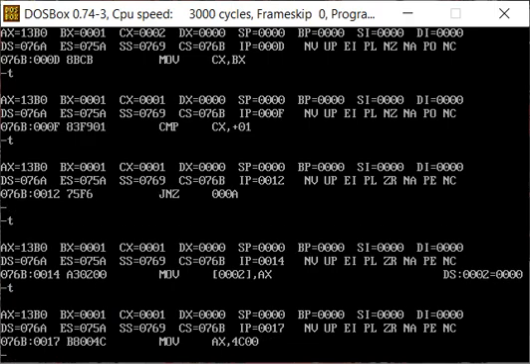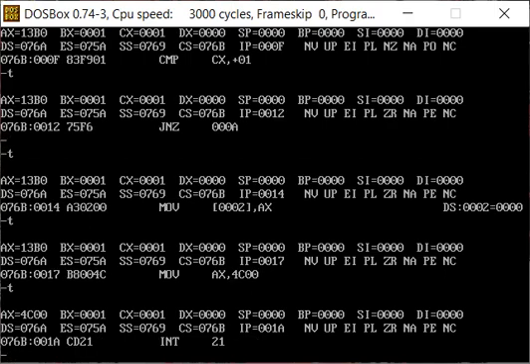After that, we can execute the exit code. That is, we store 4C00 into the AX register, and then we type interrupt 21. This is the execution of the factorial using assembly language in 8086. Thank you.